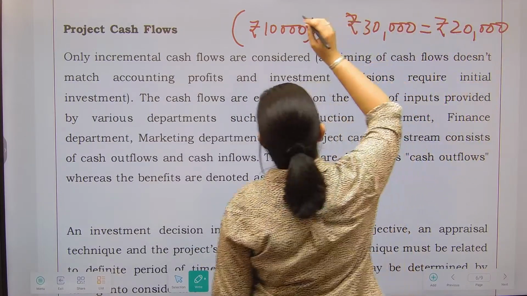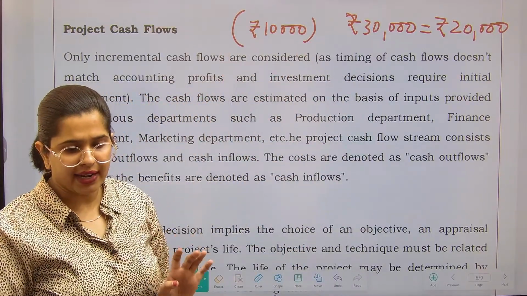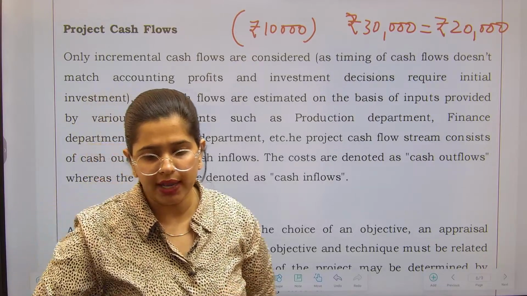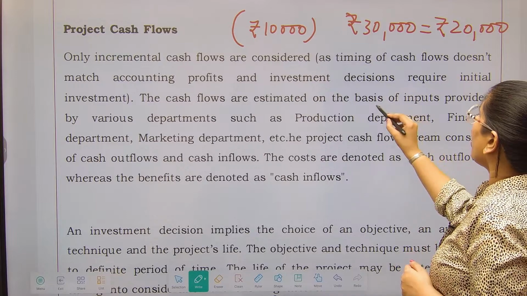This is my inflow, this is my outflow. वो मेरा inflow है, ये मेरा outflow है. So finally I have got incremental cash flow as 20,000 rupees. So only in project cash flows we are going to consider the cash flows, which are estimated on the basis of